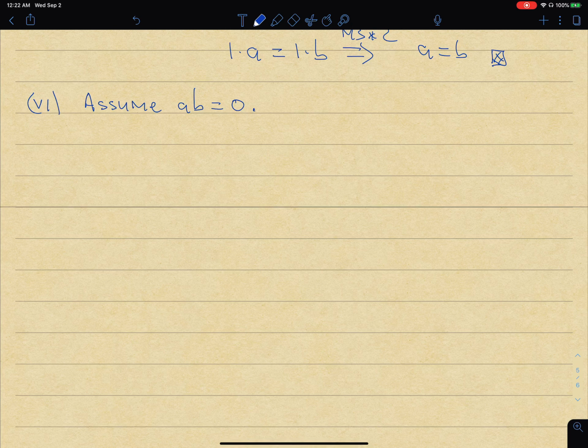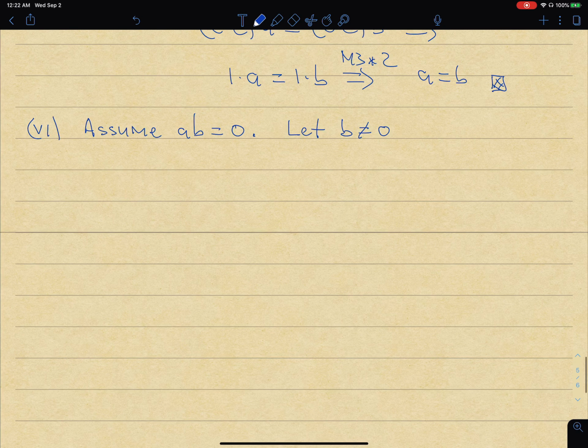Well, so let's suppose first that B is not equal to 0, right? If B is not equal to 0, then